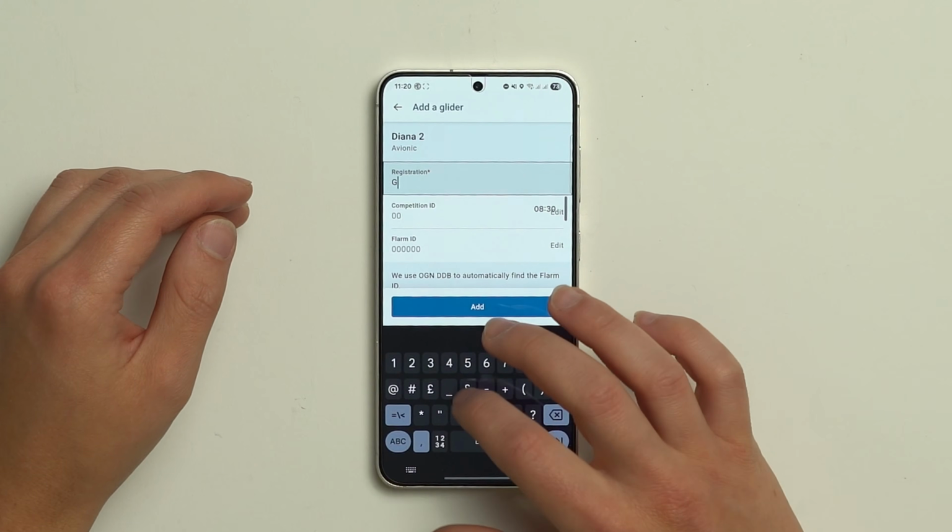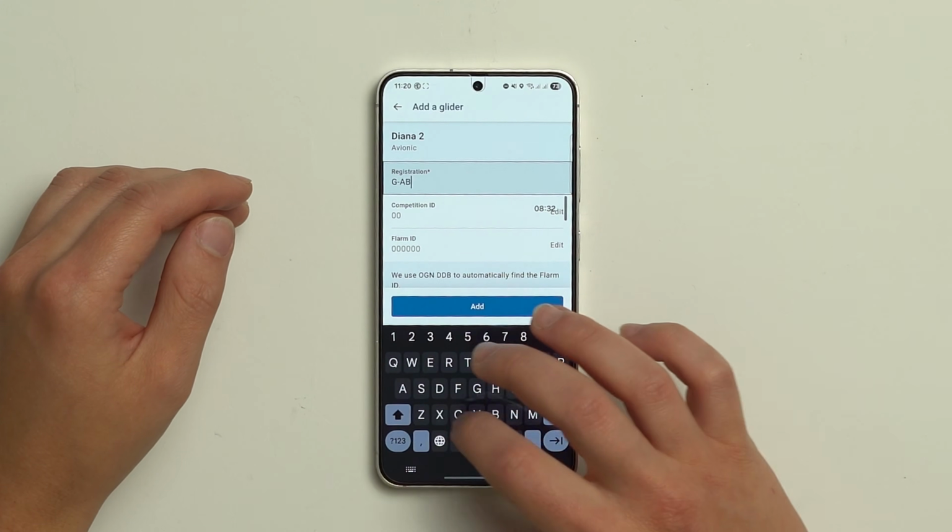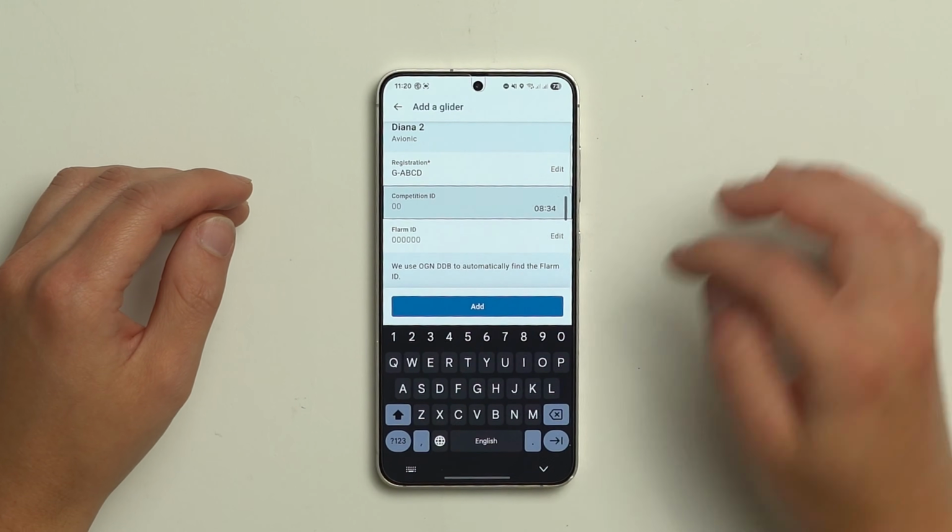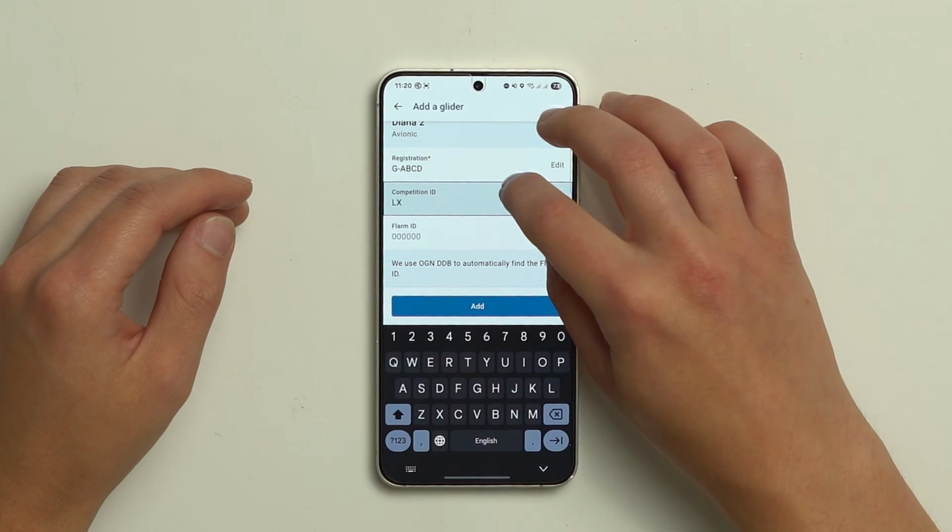I'd like a Diana, so let's pick that one and give it a registration of G, A, B, C, D, competition number, let's try LX. Now it's asking you for a FLARM ID. You don't have to put this in, this is an optional thing, but if you do it and you're allowed